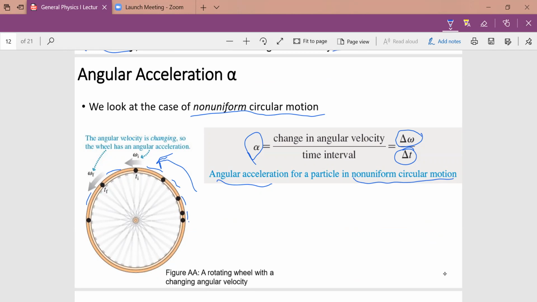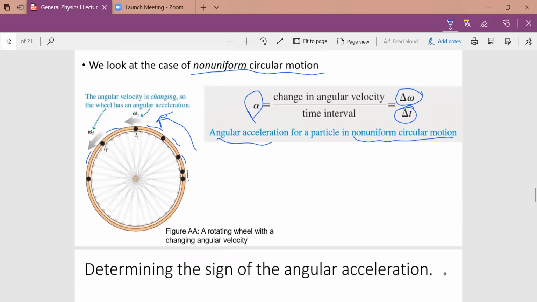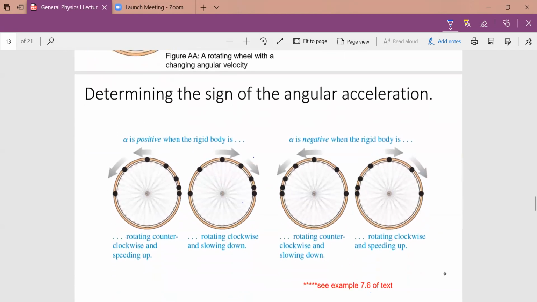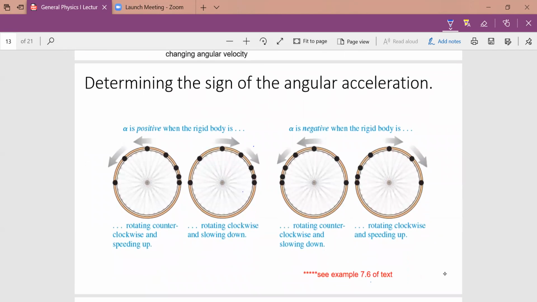So we can only describe angular acceleration for non-uniform circular motion. Now, how do we determine the sign? The same way we did before. We remember when we're treating it in linear, we said that when velocity and acceleration are in the same direction, the particle is speeding up, and when they are opposing, it's slowing down. And then we also said that the direction of acceleration